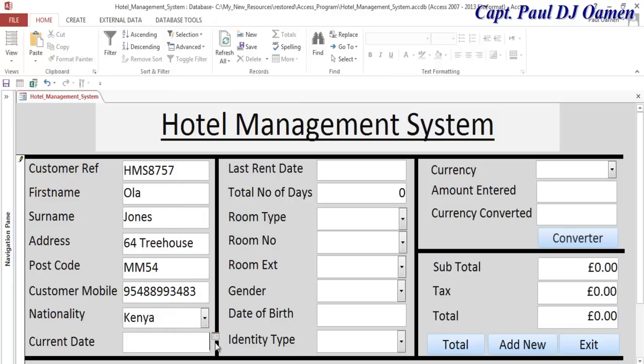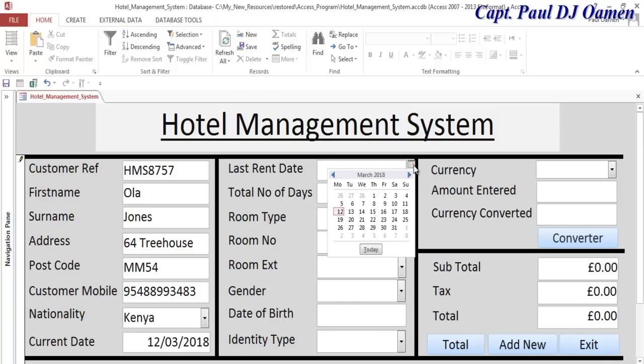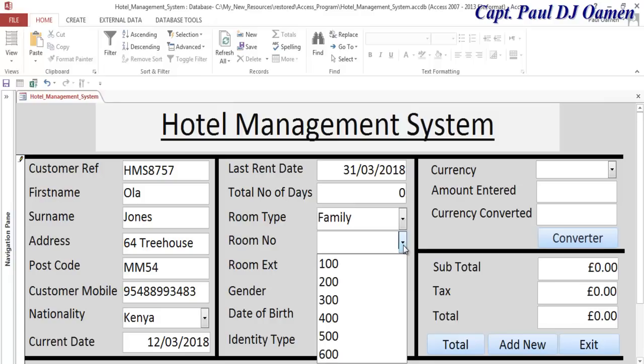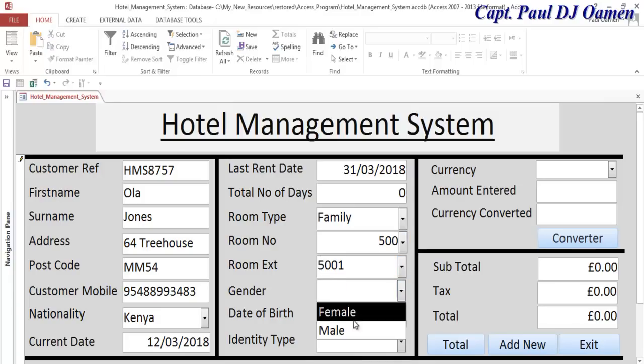Current date, okay, let's say it's on the 12th, and when does Mr. Jones intend to leave? Let's say end of the month. Number of days will be calculated once this is created, once this is clicked. And let's come in here and say is with his family, room number, extension with the room number, mail, date of birth, and let's enter 19,